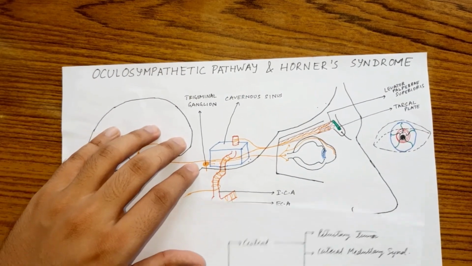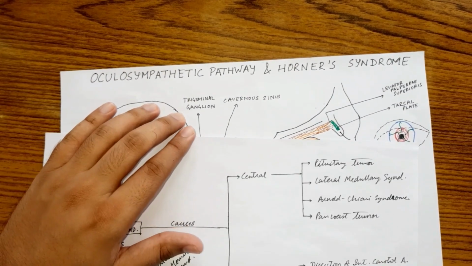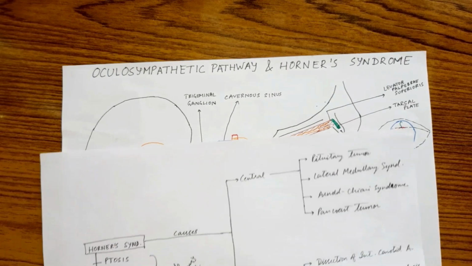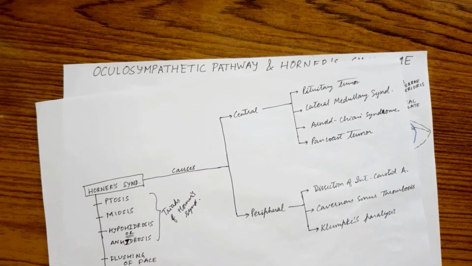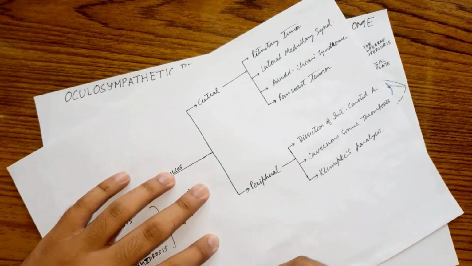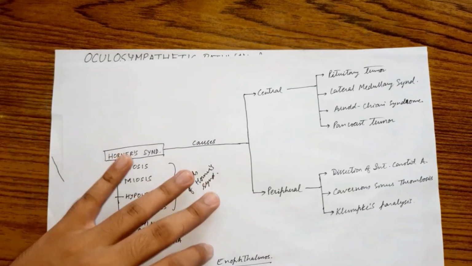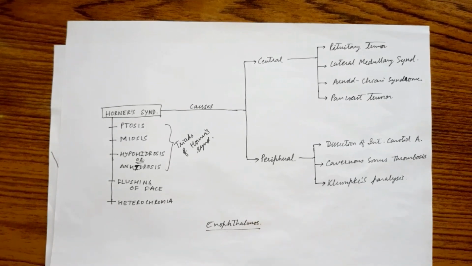Now there's a very famous saying about the dissection of internal carotid artery, that if someone develops sudden onset of Horner syndrome with pain in neck and face, then it is dissection of internal carotid artery until proven otherwise. Now there's another feature in Horner syndrome, that is enophthalmos, that is sunken eye. Actually the eye is not sunken. The eye appears to be sunken because of the narrowing of the palpebral fissure.